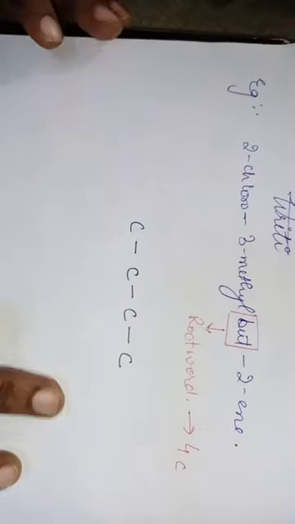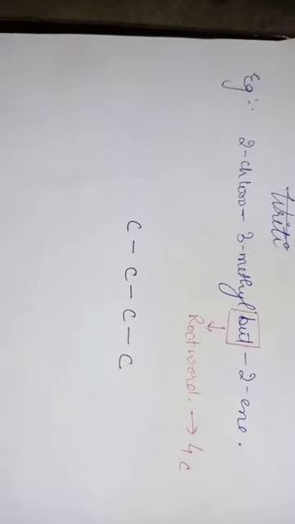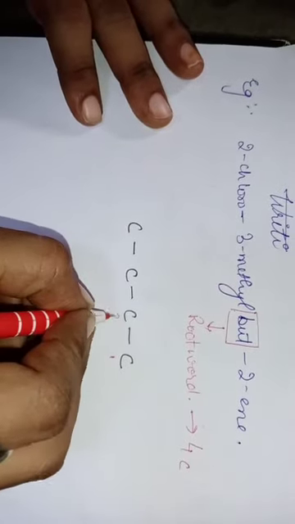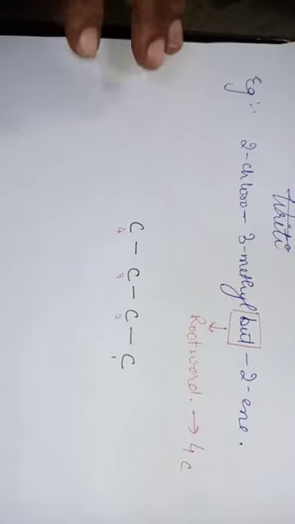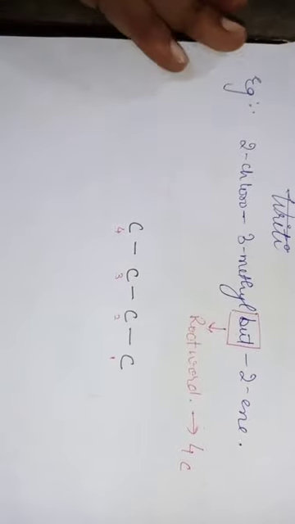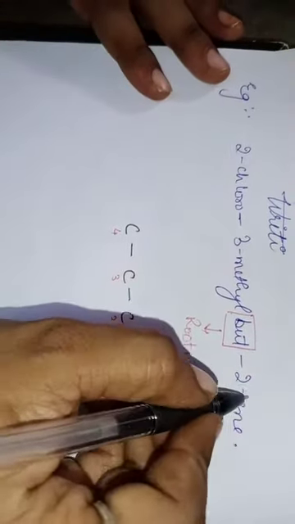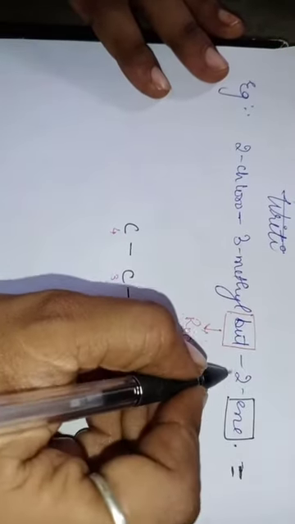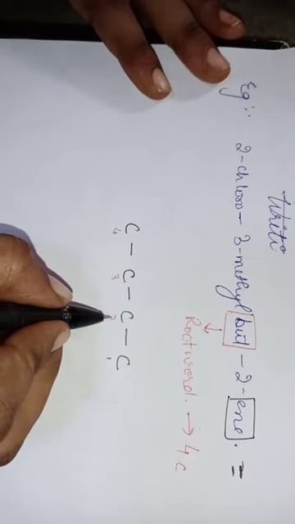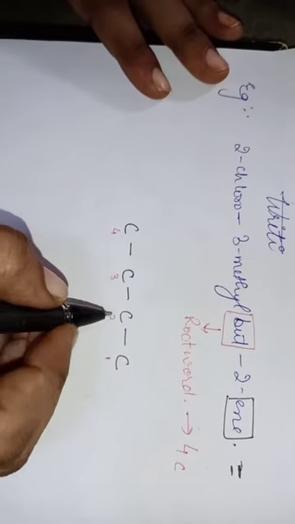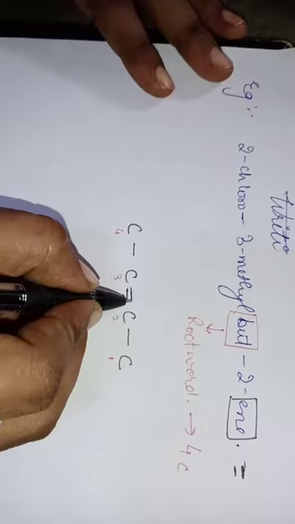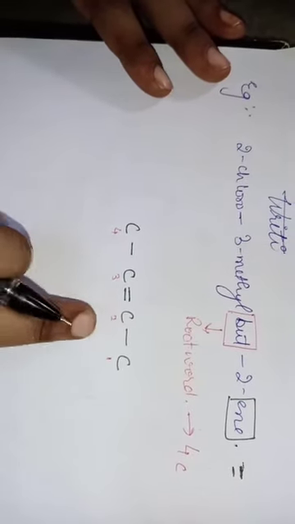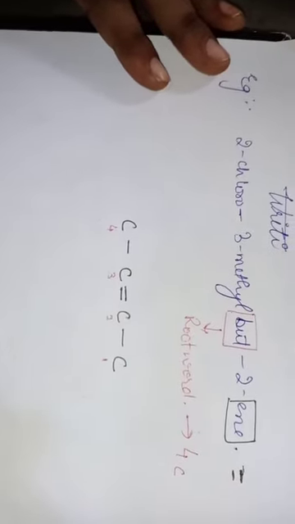Now the second thing is, I will give numbering to these carbon atoms from any end. Now this time I am giving the numbering from the right hand side, 1, 2, 3 and 4. Now the next rule says that you have to identify the suffix. Now in this chain, see there is ene, a double bond on second position, okay. So this is my second carbon atom which I have given the number. So on this second carbon I will draw a double bond, okay. The double bond will go from second to third, not from second to first, okay.